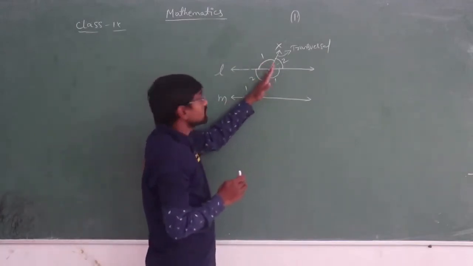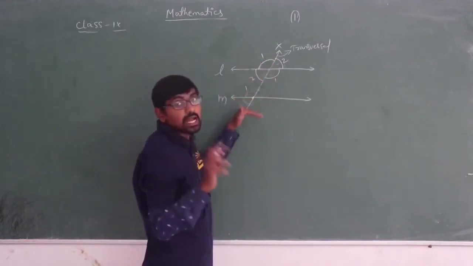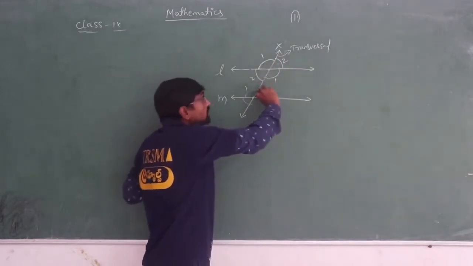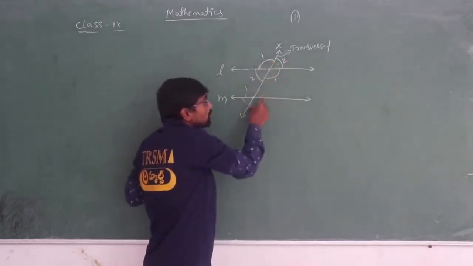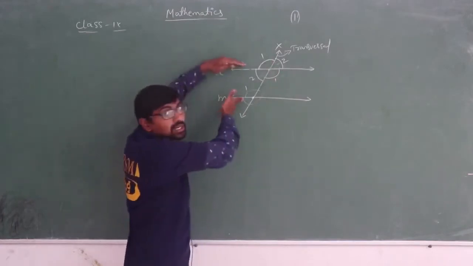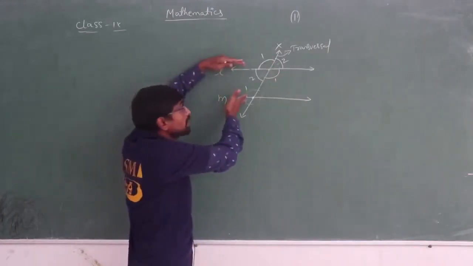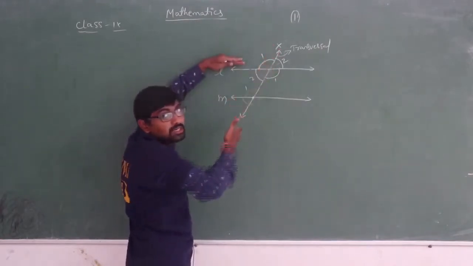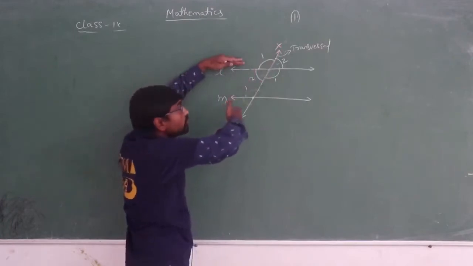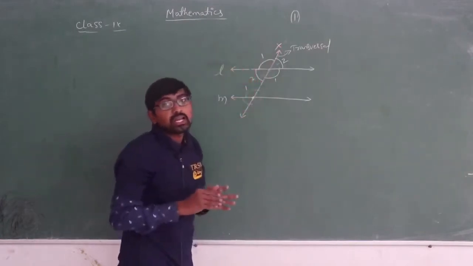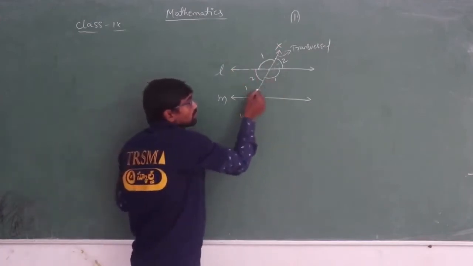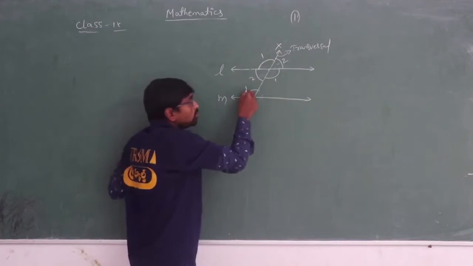This line cuts two parallel lines at equal angles. It means that the angle between these two parts is equal. Similarly, the angle between these two parts is equal. Why? These parallel lines form 180 degrees. For these parallel lines, only one transversal line is cutting. As this one transversal line is cutting, the corresponding angles will be equal. They will be the same. So if this is 1, adjacent, this angle is also 1.